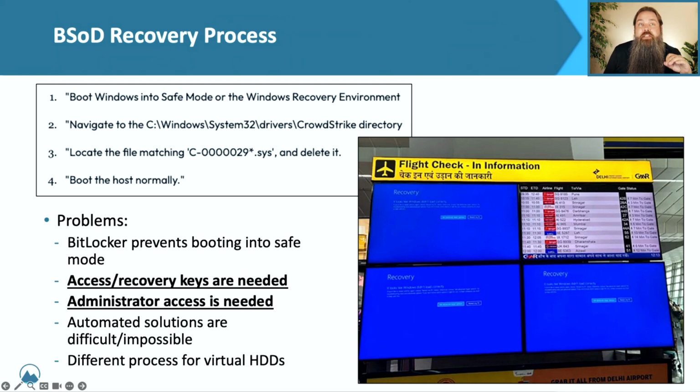You also need administrative level access. The file that you had to delete was in a protected folder, and if you didn't have admin access, you couldn't get to it. Now, this is also a problem because if we're looking at, especially at scale, a large number of computer systems, we should realistically have different admin passwords for every single one of those machines. And in cases where people did, this actually turned out to be a problem. Not saying that you should not do that. We should not be using the same admin password for every computer.